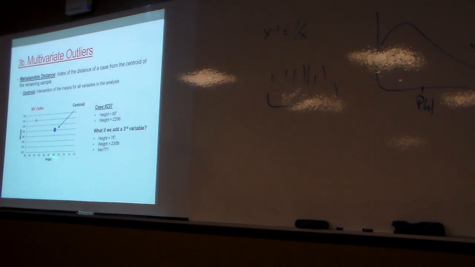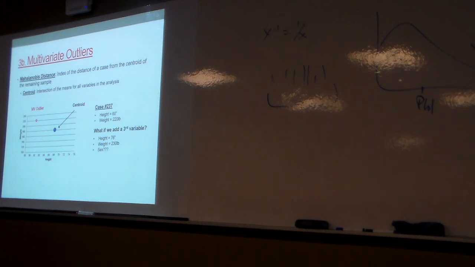So this is pretty easy to see in two-dimensional space, but what if we add a third variable? This person, in and of themselves, at 220 is 40 pounds above average, but I probably have people who are equally as heavy in the sample. So 220 itself might be high, but it's not going to be terribly high. And 60 inches is small, but it's probably not terribly small, right? But you add those two things together, and all of a sudden in multivariate space, it's a distance that's far away from the clustering of the rest.